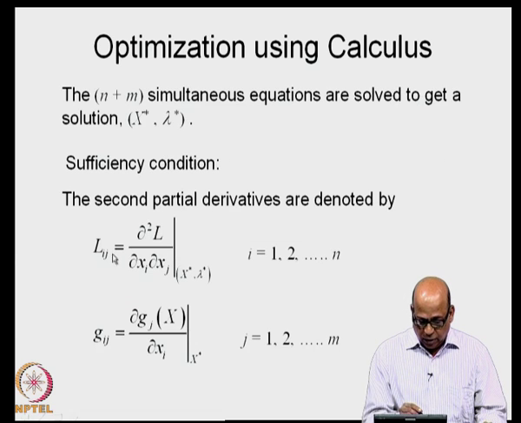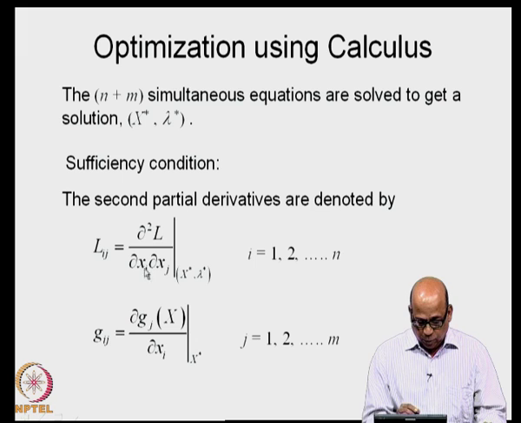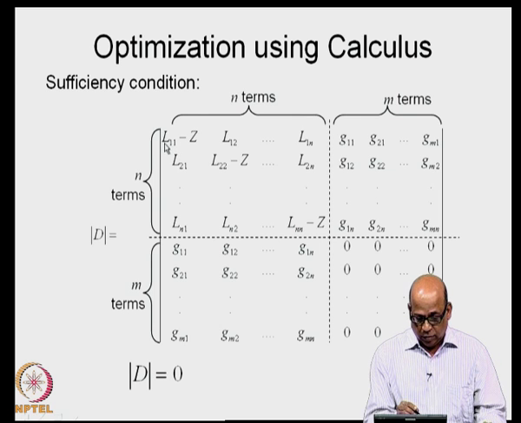You have L_ij defined here. So, L_11 minus z, L_12 etcetera L_1n, which means with respect to first variable 1, 2, 3, 4 etcetera up to n. So, that is what we are taking: L_11, L_12 etcetera L_1n, and for the first term you are taking minus z. Similarly, L_21, L_22 minus z etcetera L_2n, L_n1, L_n2, L_nn minus z. So, these are n terms by n terms. This is what you formulate here,